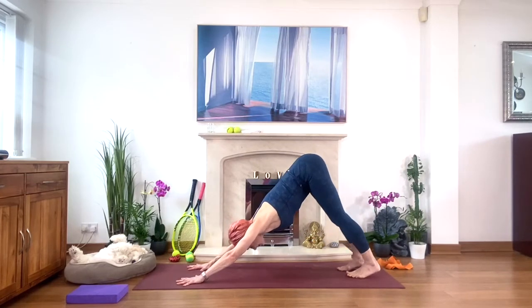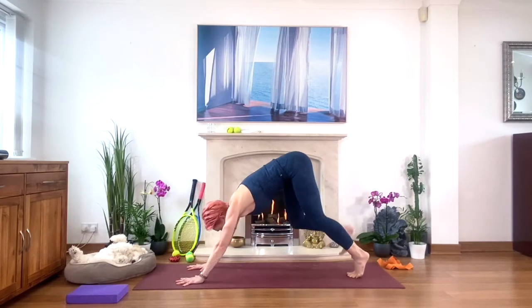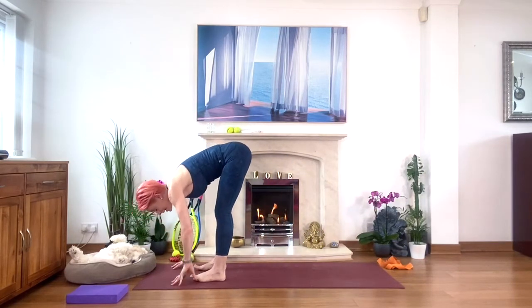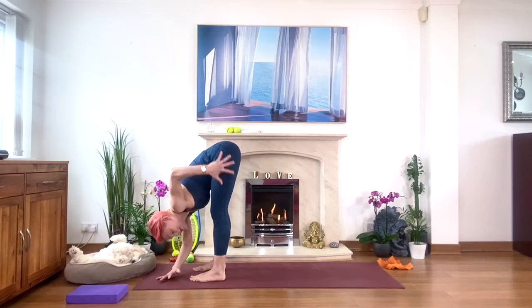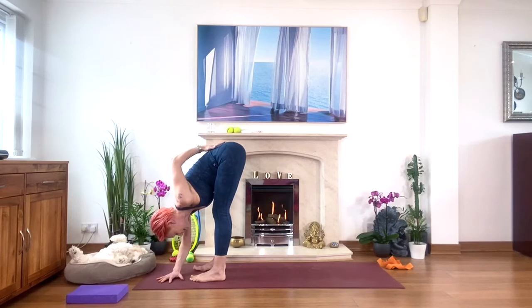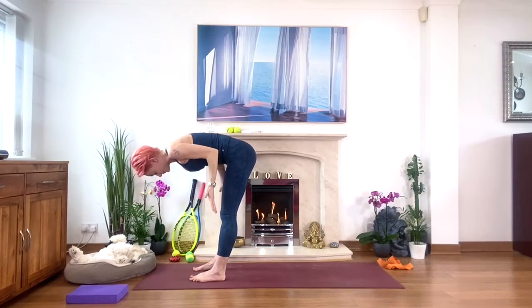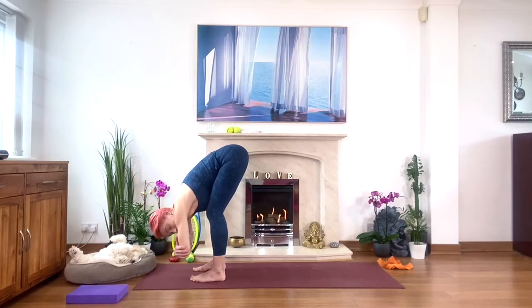Brilliant, brilliant stretch. On your next inhale, come up on your tiptoes, look between your hands, bend your knees and walk towards your hands, into your forward bend. Take a moment here, hold your elbows if that's alright. Check the back, take one hand to the lower back and check which way the pelvis is tipping, forward or back. Definitely forward. If your pelvis is tipping back, this is not good for your lower back, so you just have to bend your knees, tip the pelvis forward, hold your elbows, bending your knees is absolutely fine, and just move from side